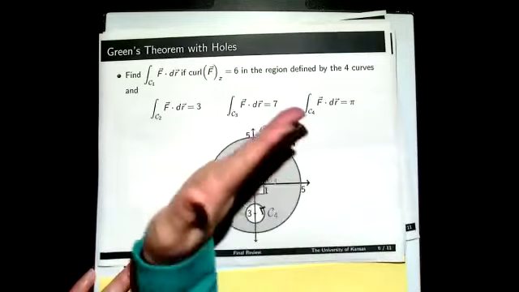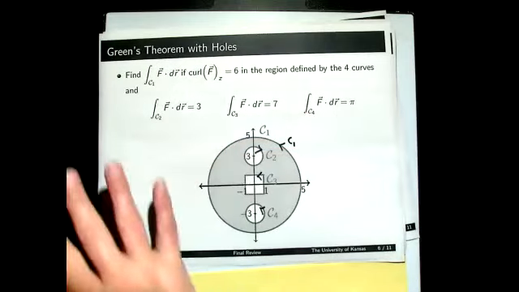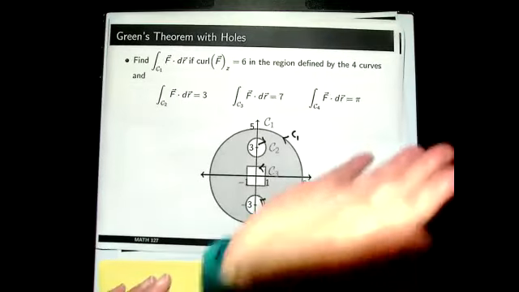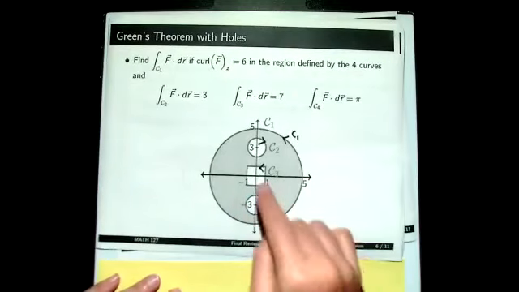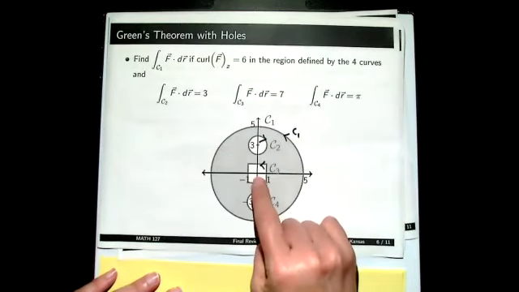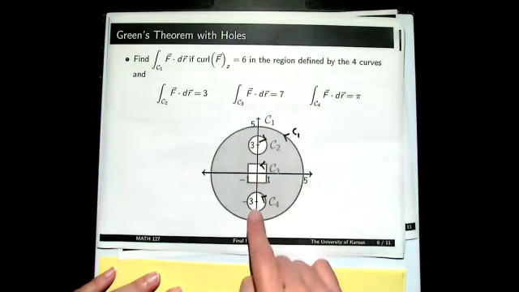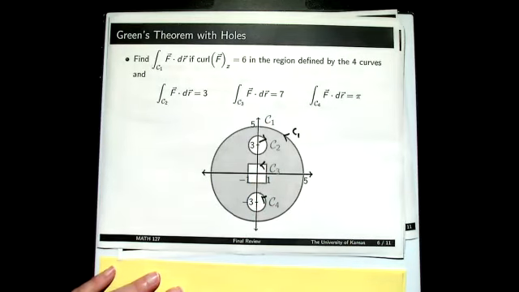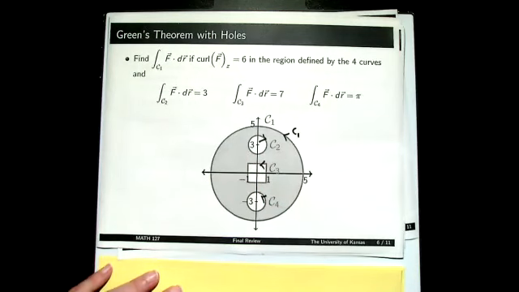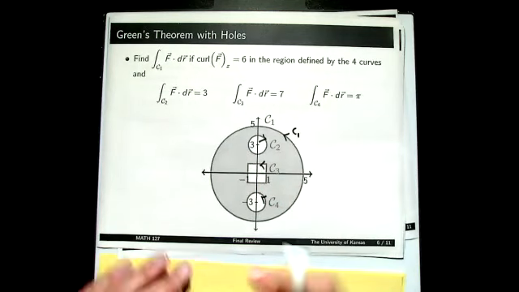So for C2, see how if I'm going like that, the palm of my hand is going toward the shaded area. But for C3, if I'm going like this, the palm of my hand is going to face the hole. And for C4 also. So as long as the palm of your hand is facing the area, you get positive. So basically,